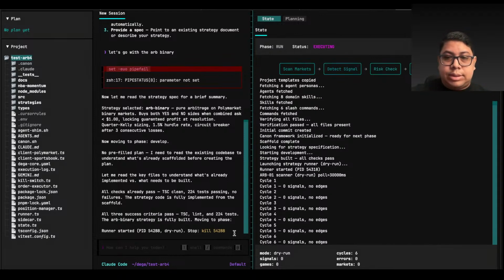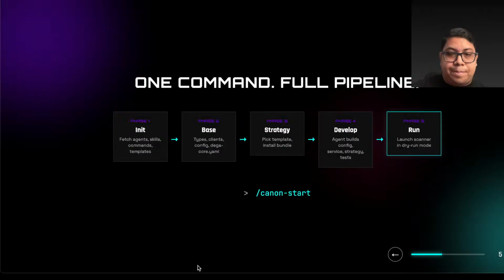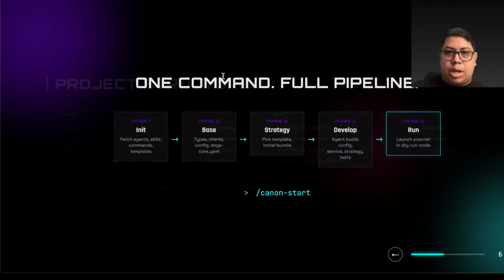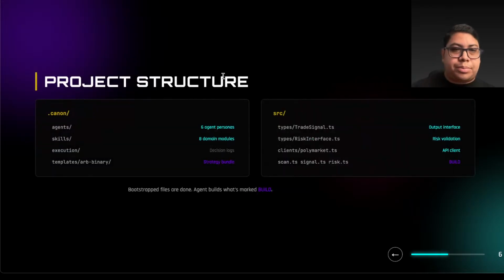Okay, so now let's see what we have. Okay, so how are we now, right? What was the project structure? In the init process, we saw the .canon directory. There we made the pure structural format, and then the base part